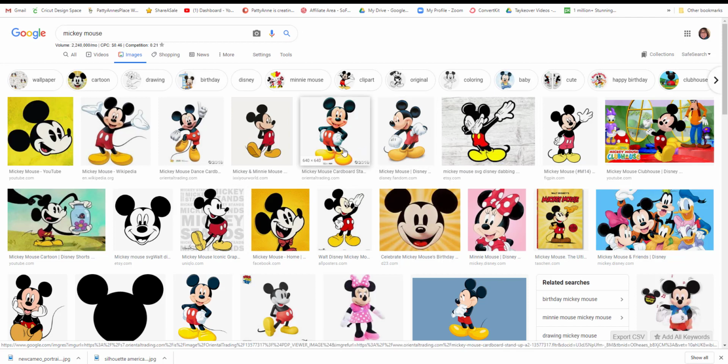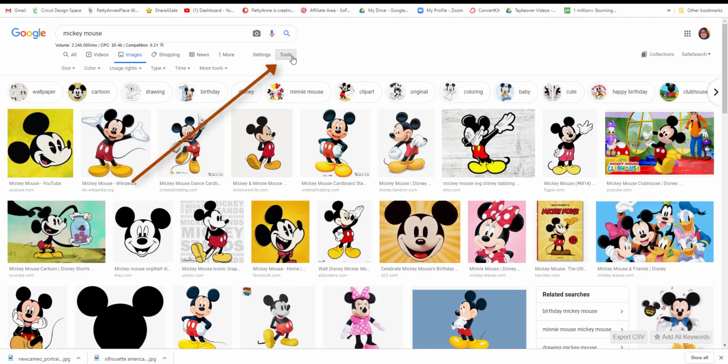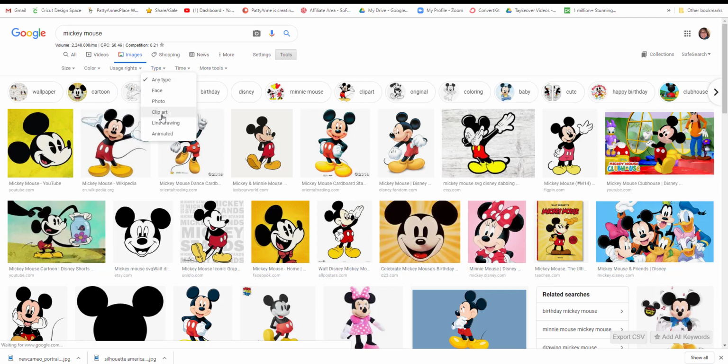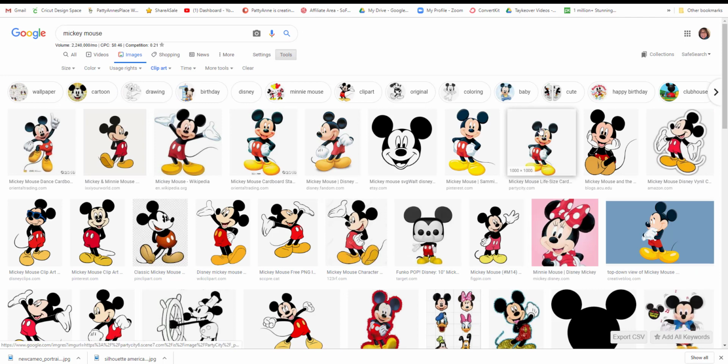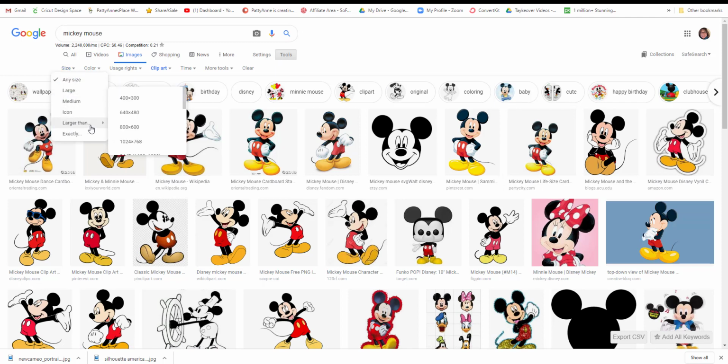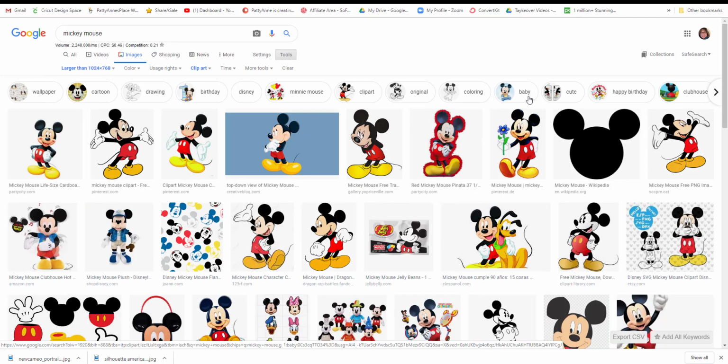So the next thing that I would do after I get these images is come up here to where it says Tools. And what I want to do is come over here to Type first. And the type that I want is clip art. Okay, now I'm still not done though. The next thing I want to do under Tools is come way over here to where it says Size. And I want to come down here to where it says Larger Than, and the largest number here, 1024 by 768. And what that does is it ensures that we get a really, really good image